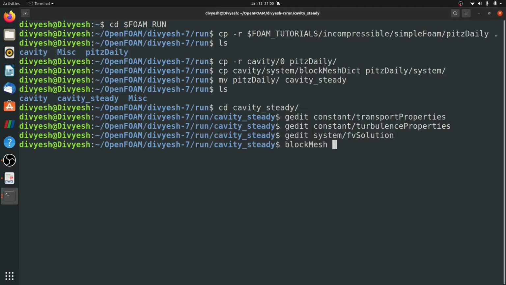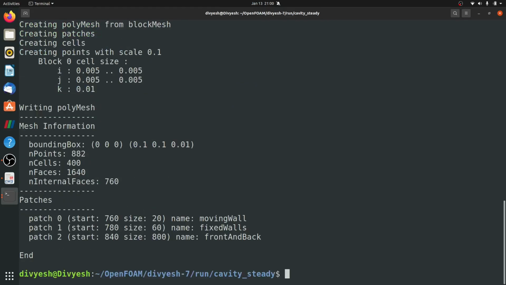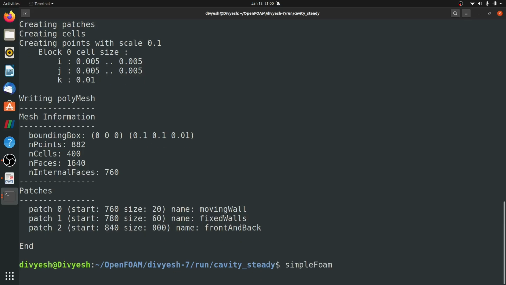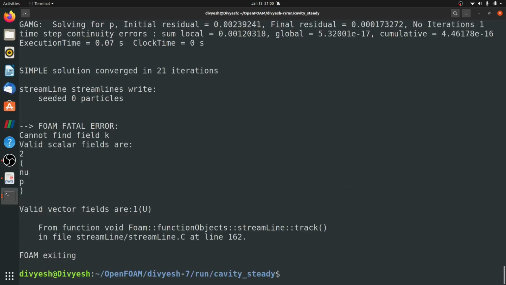I'll type blockMesh. As you can see, moving wall, fixed wall and front and back faces are there. Okay, now I'll type simpleFoam and hit enter. That will start simulating, and it is already simulated.